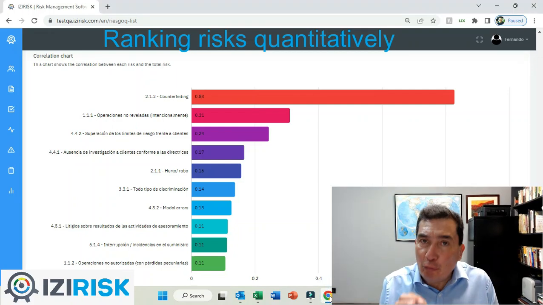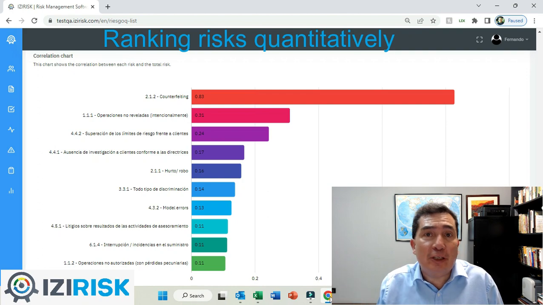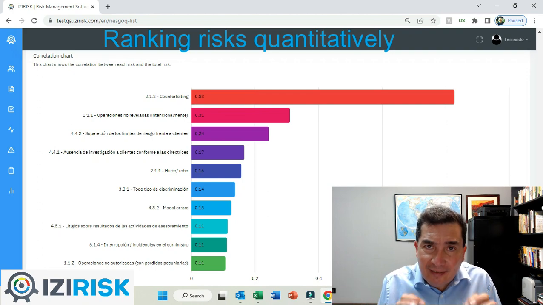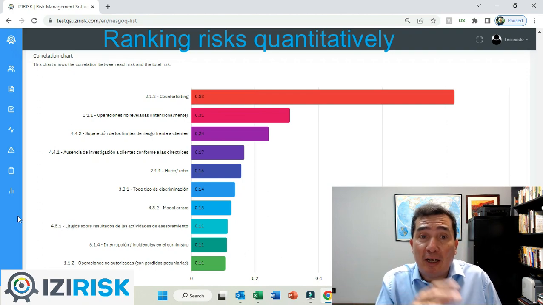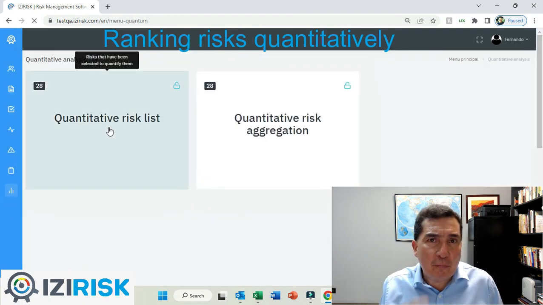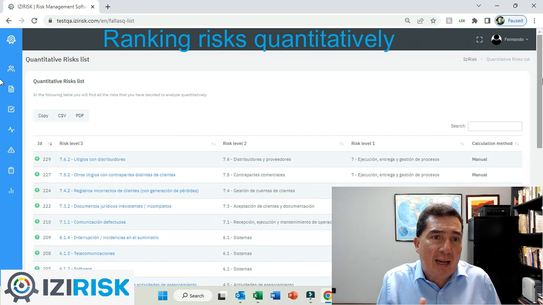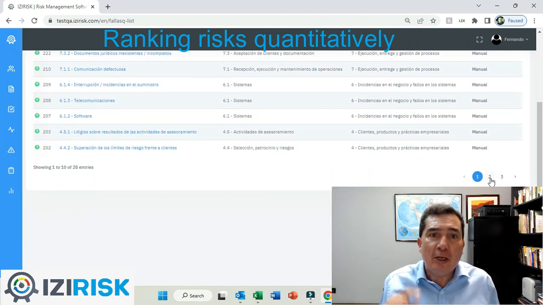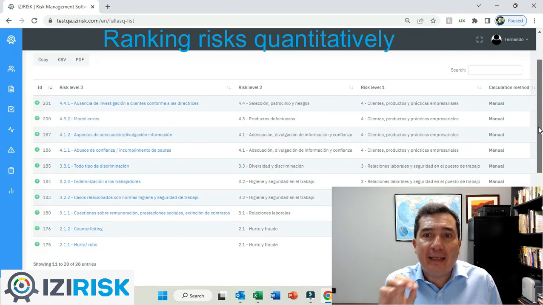One way to rank the risks of a project or an organization is through the linear correlation tornado graph. In IziRisk, it is possible to visualize such a tornado after running a simulation. For example, of the 69 types of risks managed at this financial institution, 22 of them have been escalated as